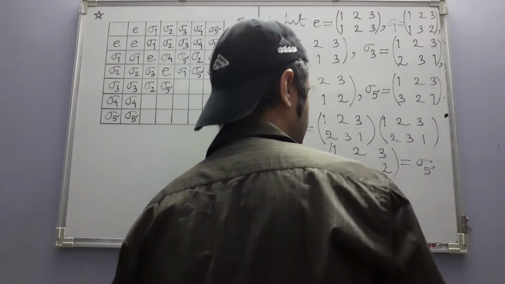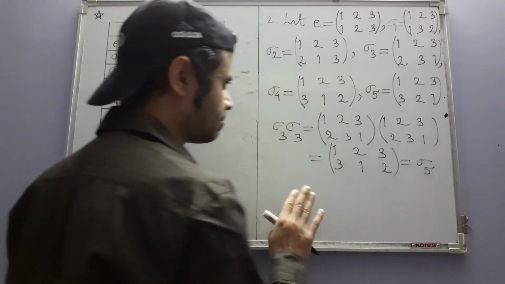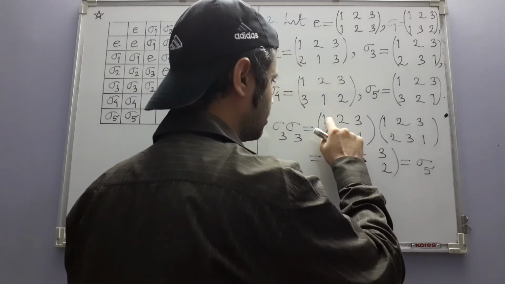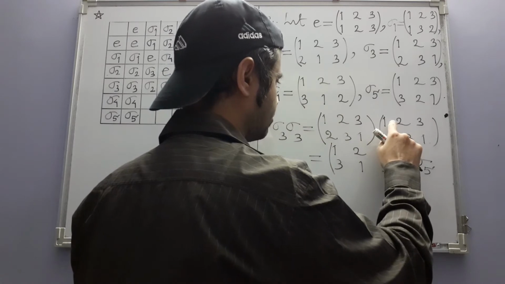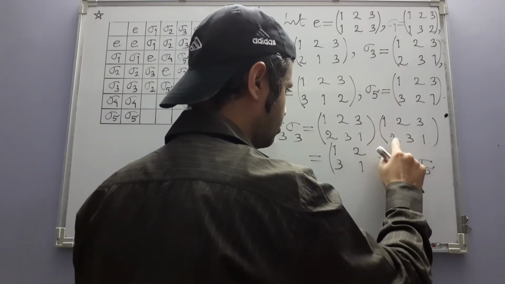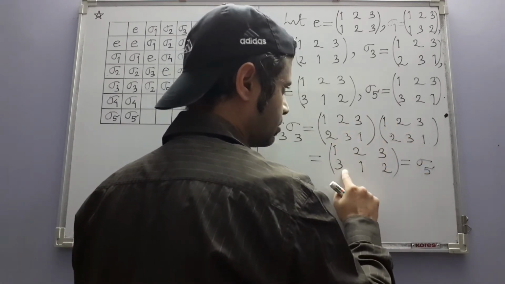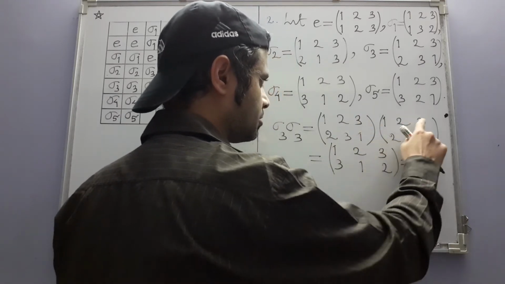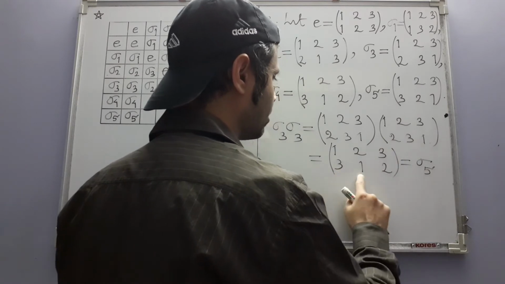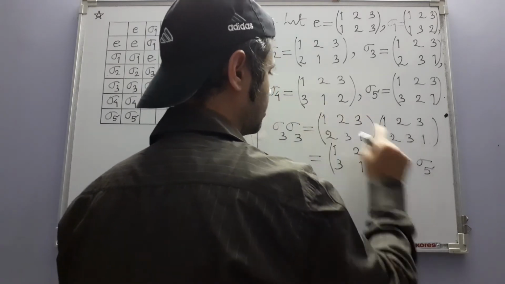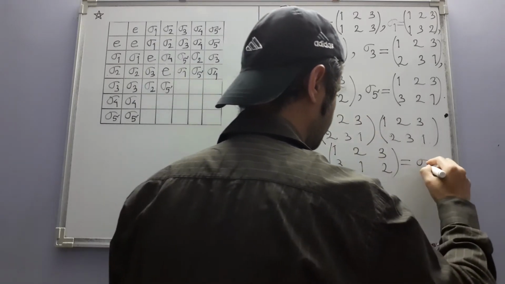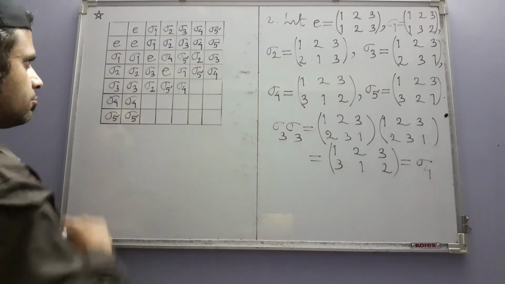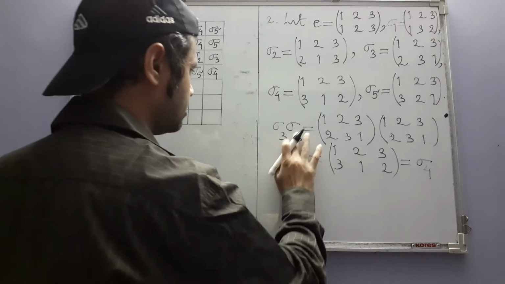Okay, I am doing the calculations fairly fast, so let me just stop for a moment and see more carefully whether I have actually done it correctly. 1 to 2, 2 to 3, 1 to 3. 2 to 3, 3 to 1, 2 to 1, so that means the other one is 2, 3, 1, 2, 3, 1, 2 is sigma 4. Then sigma 3, sigma 4,